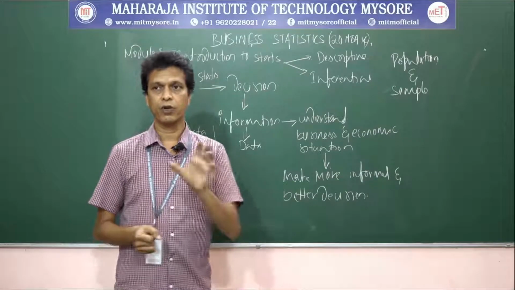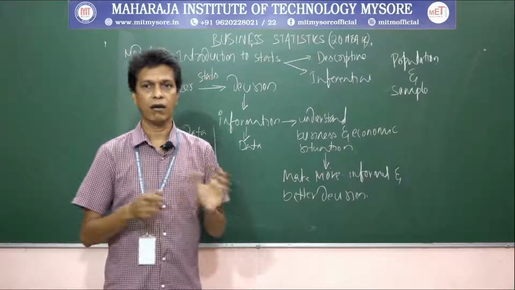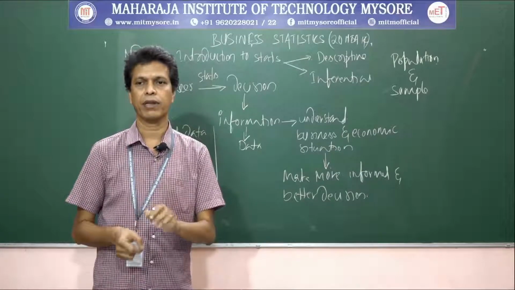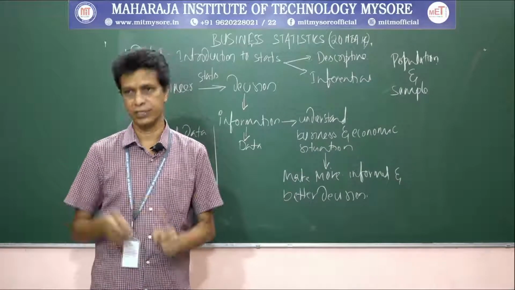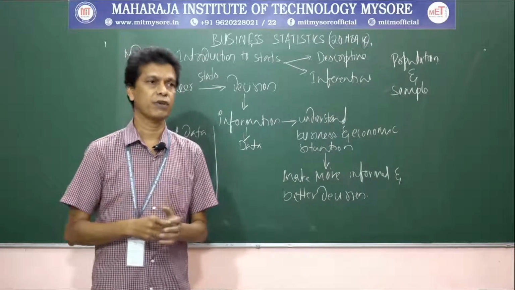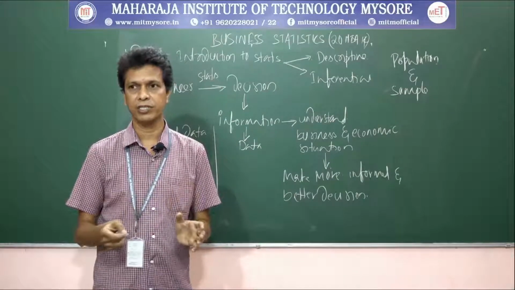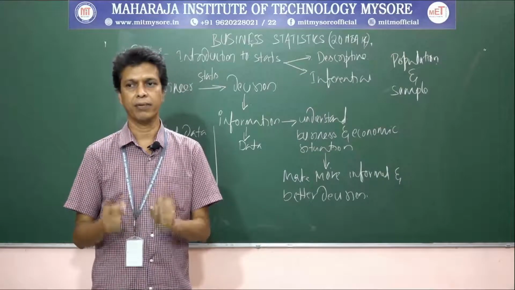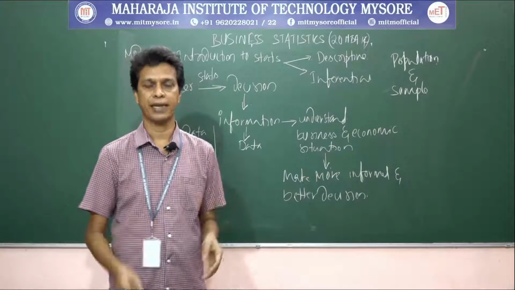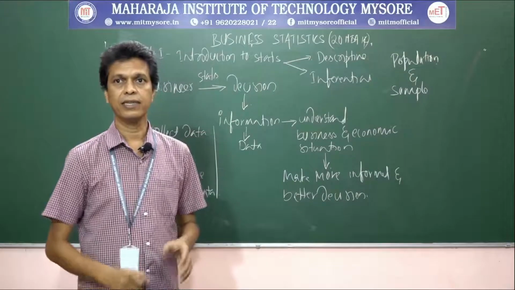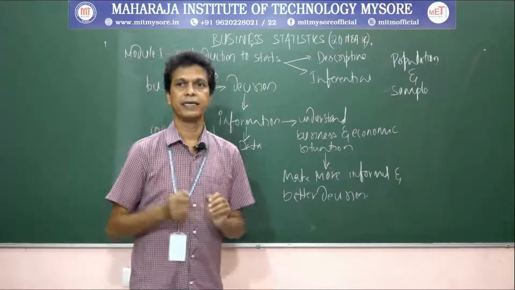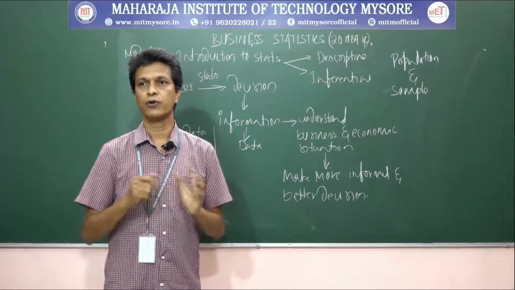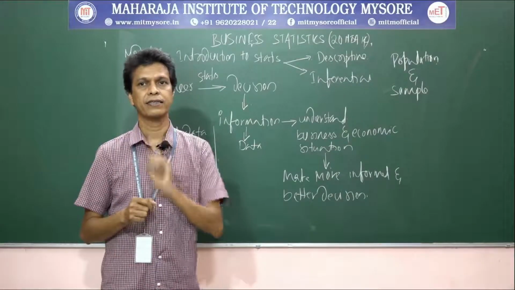A population can be a group of people such as all professors presently employed in Maharaja Institute of Technology, Mysore, or it can be a set of objects such as all washing machines produced on November 14, 2017 by the Bosch company at the Chennai plant. So that is why the business researcher defines the population to be whatever he or she